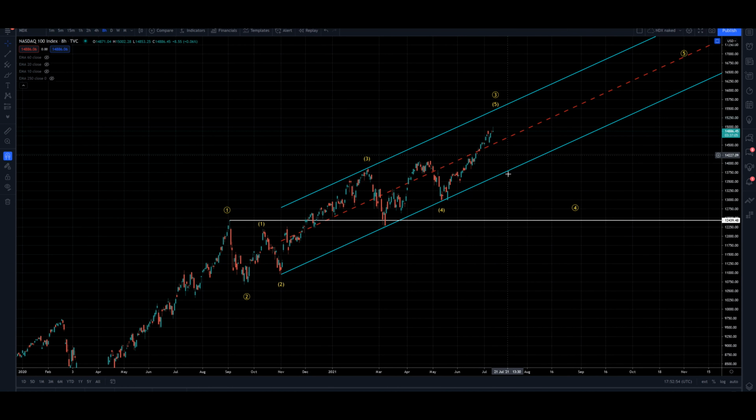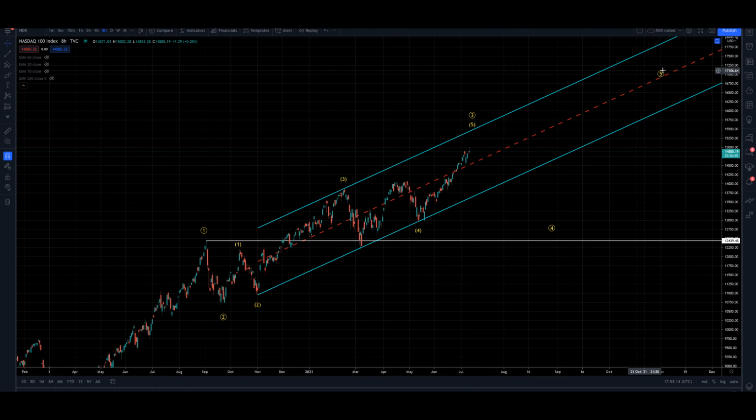It doesn't have to come anywhere near that low, of course. If we were to start correcting from the edge of the channel, that would give us even more, like 20% to play with potentially before invalidating the count. So we could have a violent turnaround still at the peak in the summer as I've been suspecting, and it could be a very deep one but still have the bull market perfectly intact. Unless we invalidate all the way back here at